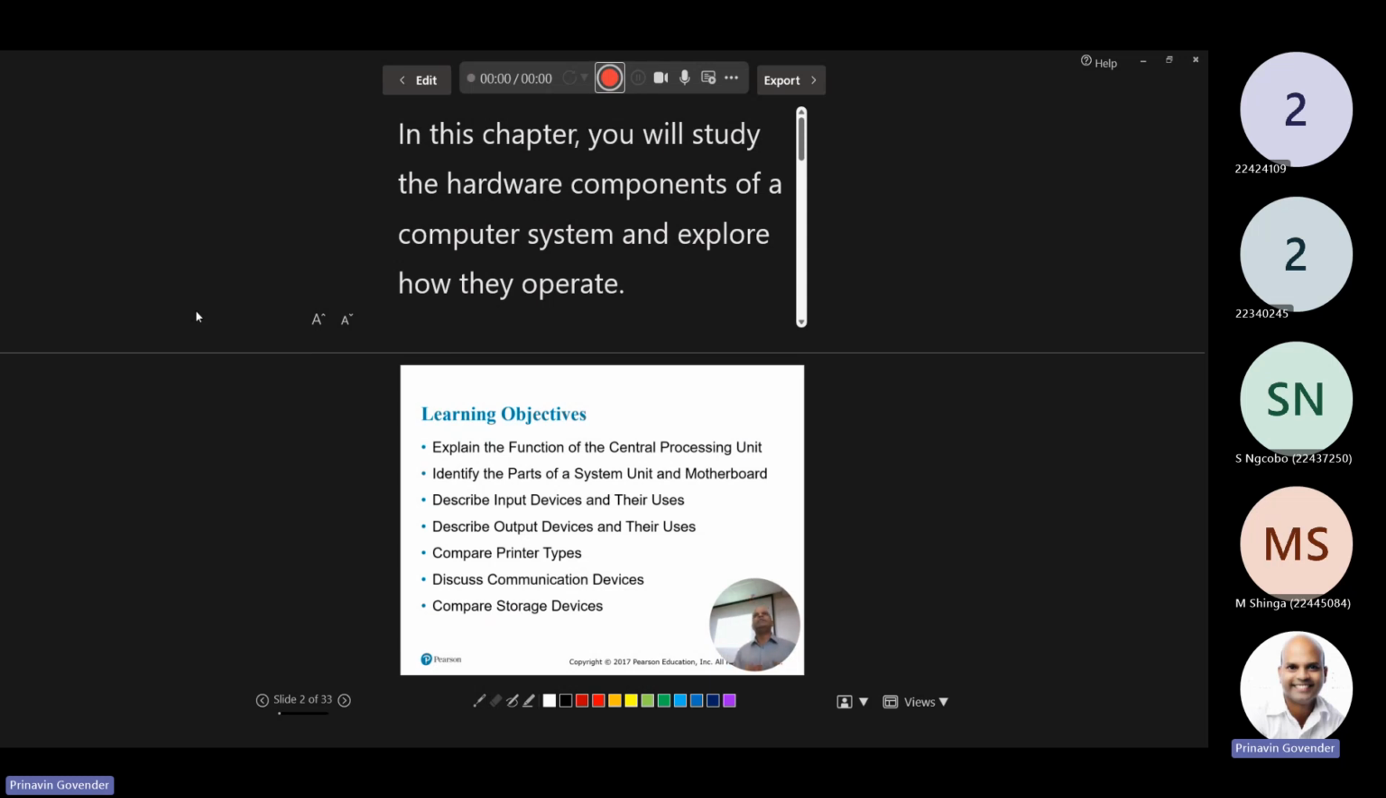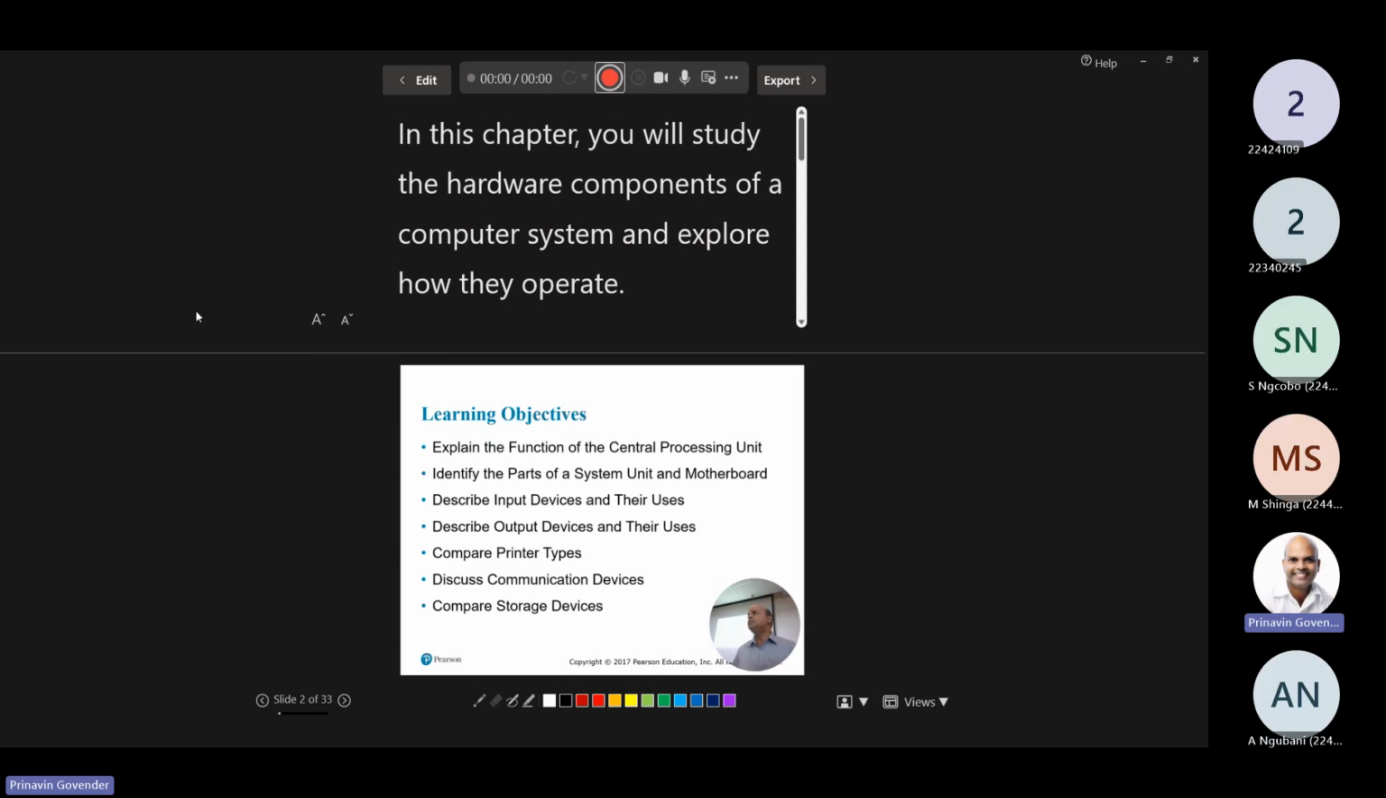A learning objective means at the end of this lesson or at the end of this chapter, this is what you should have accomplished and learned. So if you came here and spent 1 hour with me and learned nothing from this lecture, then you wasted your time and my time. But if you learned something about the functions of the central processing unit, CPU, and the parts of a system unit and the motherboard,